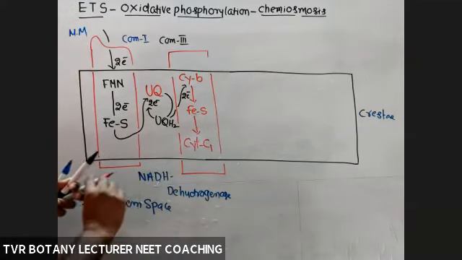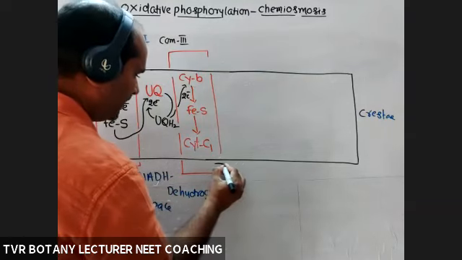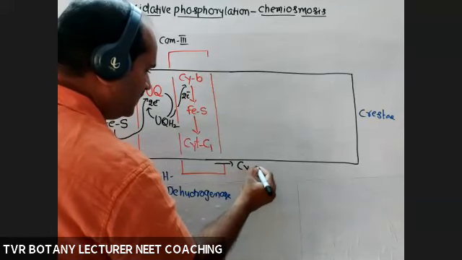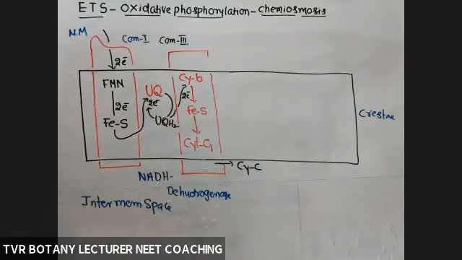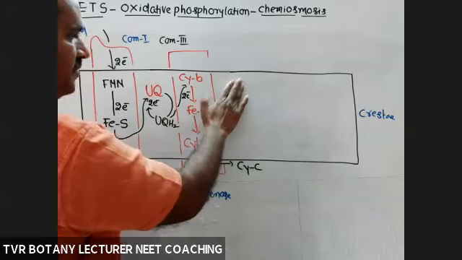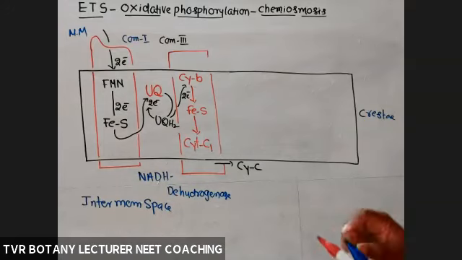Do like that. Okay, so next one from this complex is cytochrome C, a mobile electron carrier between complex 3 and complex 4. We'll see complex 2 later. Okay, right? I'll come back to that one. So next complex is